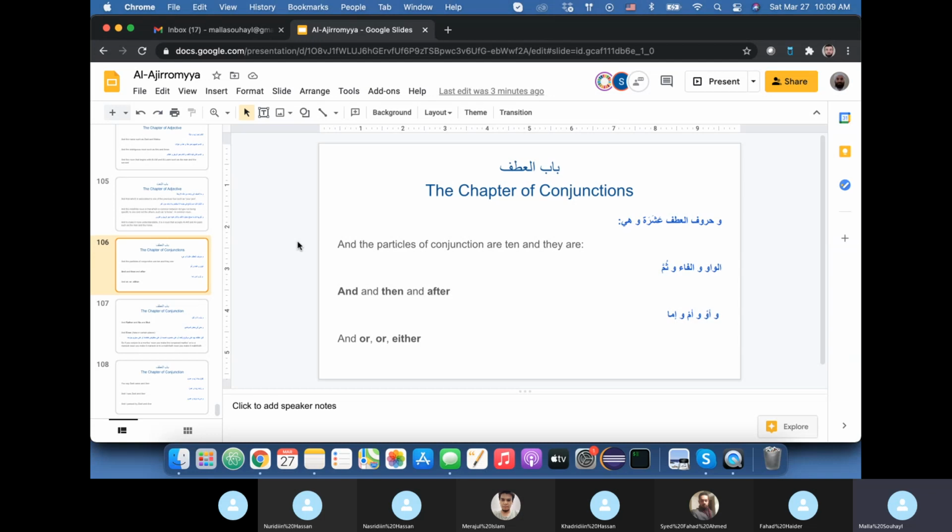We completed the chapter of adjectives. I think that was 3 weeks ago. And inshallah, this week we will be talking about the chapter of conjunctions. Who knows what conjunctions are? Conjunctions are basically the words that you use to join two things, like and, or, things like that. So in Arabic as well, we have those words, and we call them huruf al-atf. So the author says, rahimahullah,